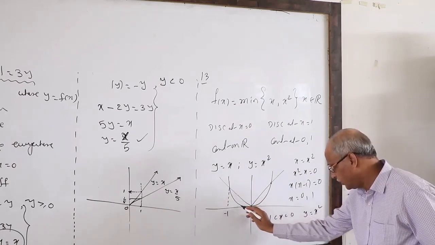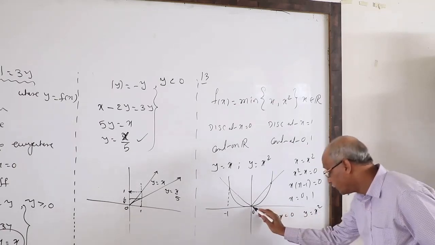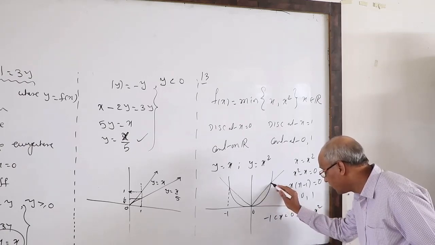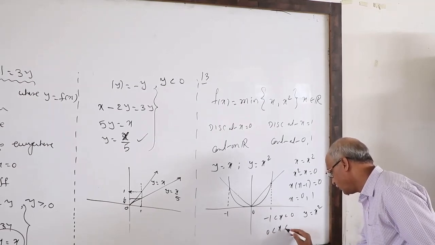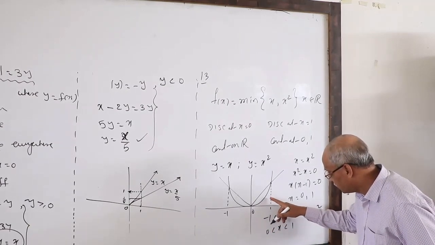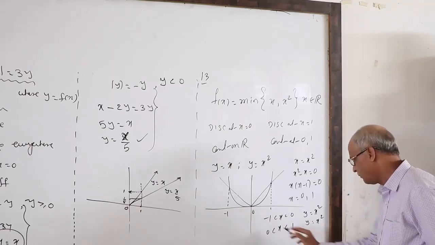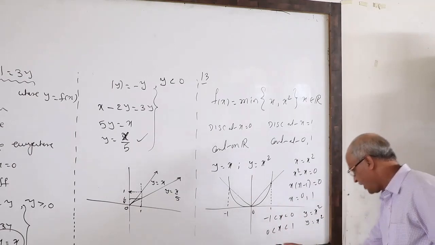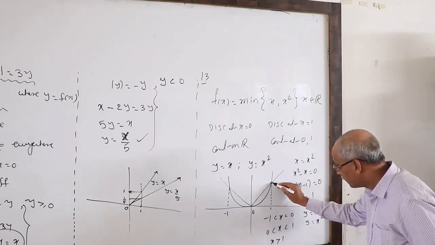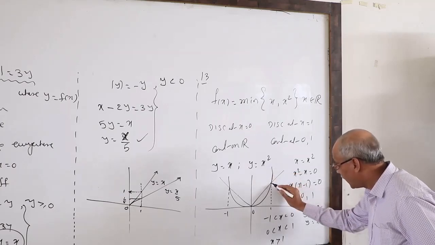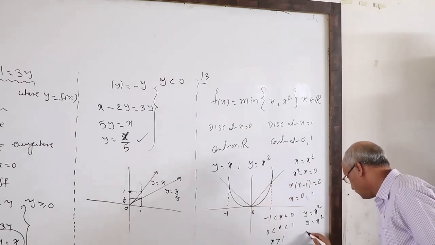That curve is smoothly drawn, continuous at 0, between minus 1 to 0, 0 to 1. Up to 1 only you consider. 0 to 1. In this interval which is minimum, y equal to x square only. So overall minus 1 to 1 minimum. After 1 what is happening? After 1, the curve is going up, the line is as it is only. Now which is near to the x-axis? This one, y equal to x.